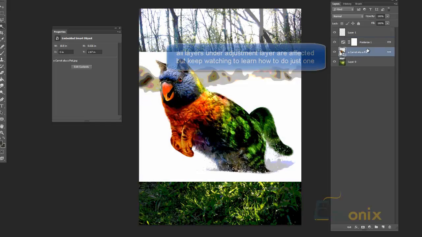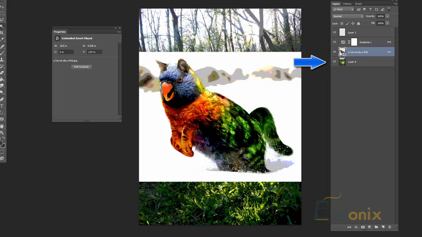You can see when I put that under the posterize layer that it's still adjusting whatever adjustment you're using. The layer that was previously below it is now two layers below it, and it's also doing the cat parrot. So anything that's under the adjustment layer, it'll affect. Now if you only want it to affect one thing,